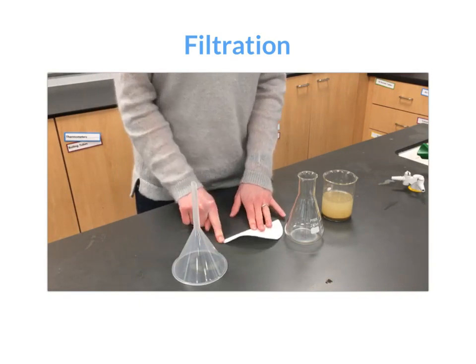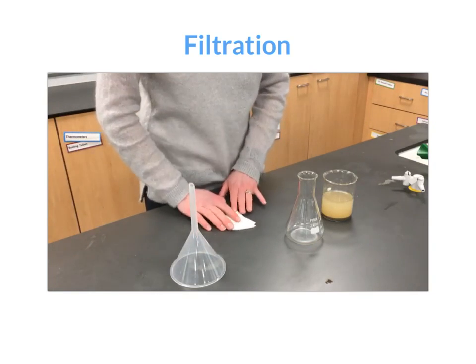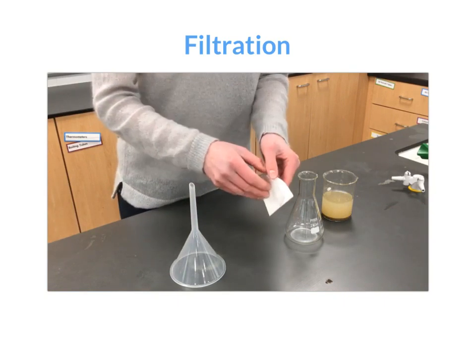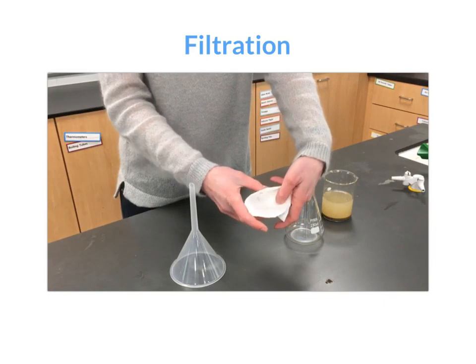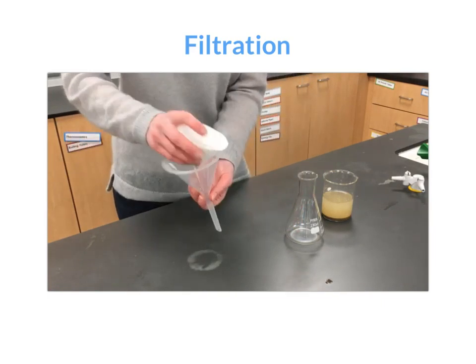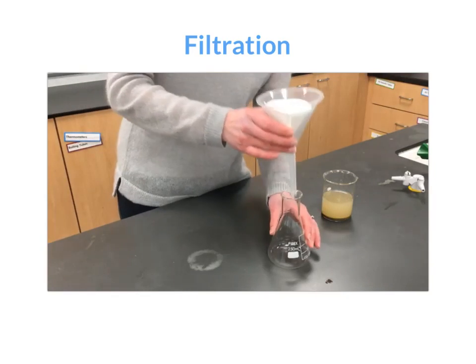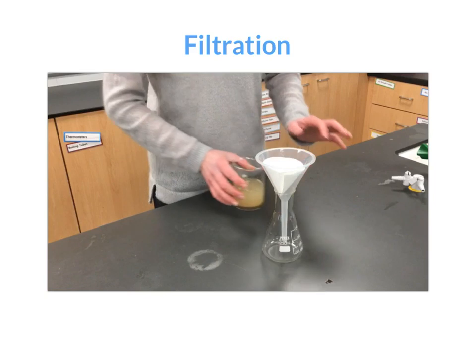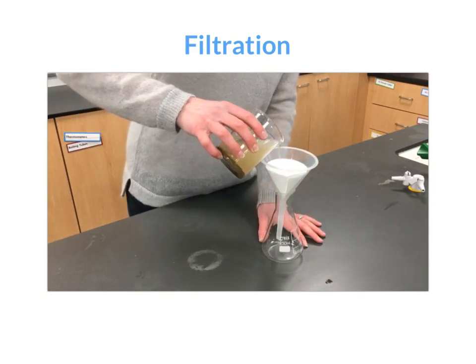So I'm going to fold my piece of filter paper here, fold it in half and then half again. And then I'm going to take one of the edges off to the side just to make a little cone with it almost, and pop it into my filter funnel. Okay, I'm going to put my filter funnel into my conical flask so the liquid that passes through will be collected, and it's a simple case of pouring my mixture